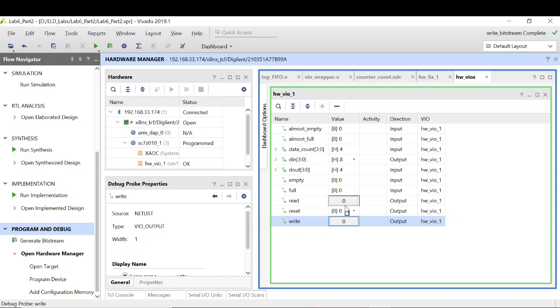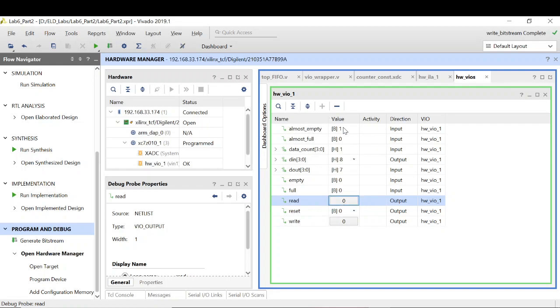Next, I need to read the data. I have to make sure that the order in which I have written the data, I should get the data in the same order. That's the FIFO order, first in, first out. So when I press this read button, you can see 5 comes onto the D output. 5 is the first data we have written to the FIFO. The data count has reduced to 3 because one data has come out of the FIFO. Similarly, 6 has come out of the FIFO and 2 data remain. Similarly, as you can see, only one data is remaining, 7 is there.